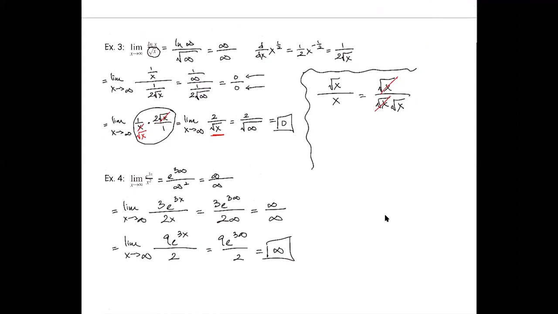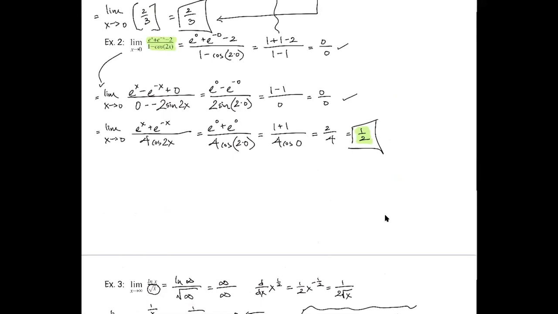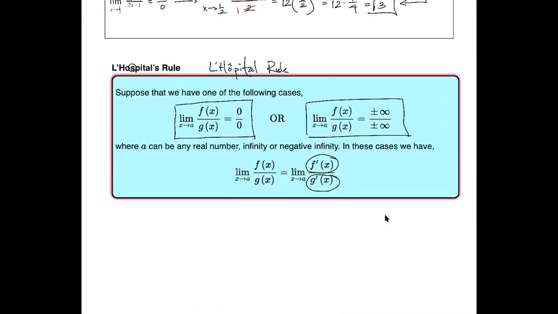So an answer of 0 is not bad, it's not wrong. And an answer of infinity is not bad, it's not wrong, okay? And the only times we're going to need to use L'Hopital's is when we have a 0 over 0 and an infinity over infinity. So it's got to be in top and bottom. It can't just be in one of them, okay?